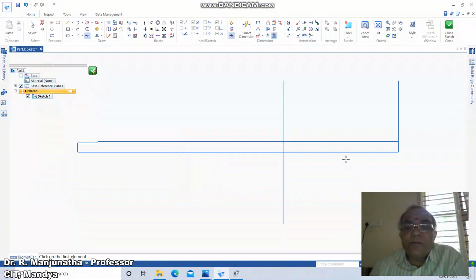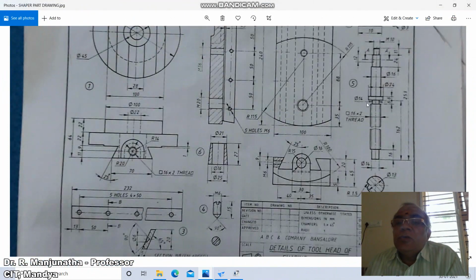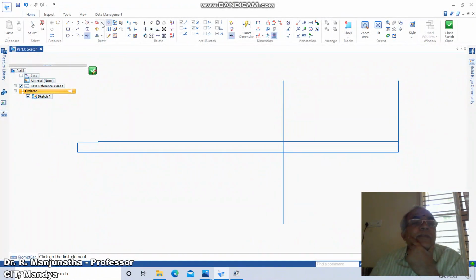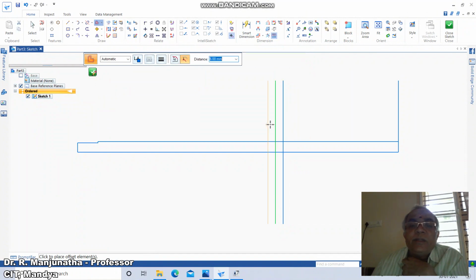So come down to Fit. Now you take this portion. Here there is a diameter of 14, and then a depth of about 6. So here you go to Offset, take the distance as 6. From here you take 6, and then from here you take 7.